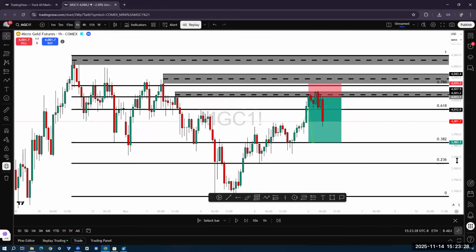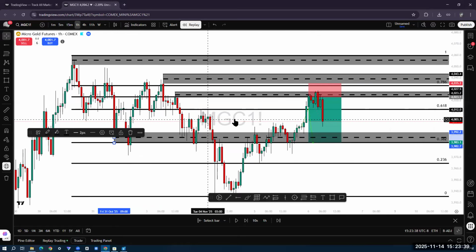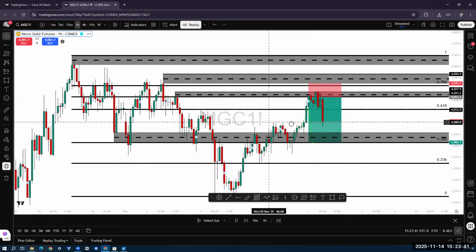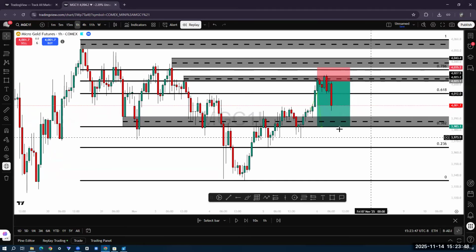What is price doing? And honestly, bro, I don't even put a lot of emphasis on my boxes. I honestly just find the area that touched the range and I just draw out the wick of that. So boom, that's how I draw it out. So I'll just be like, yo, this is a clear level of support, and I'm trying to buy my 382. Simple. Or I might get stopped out and I could take an entry here at my 236.